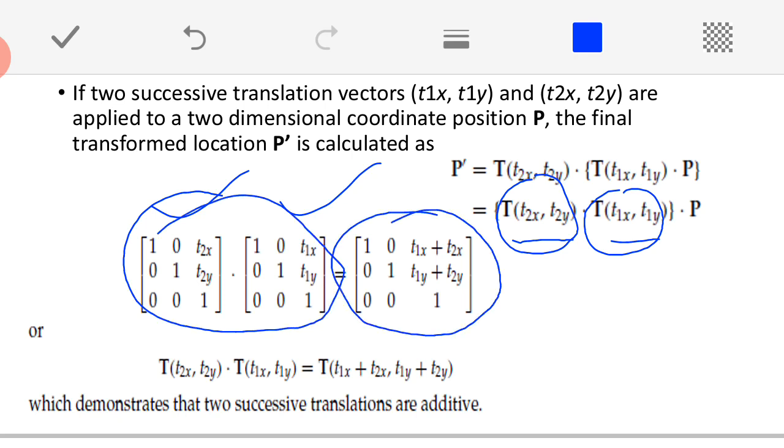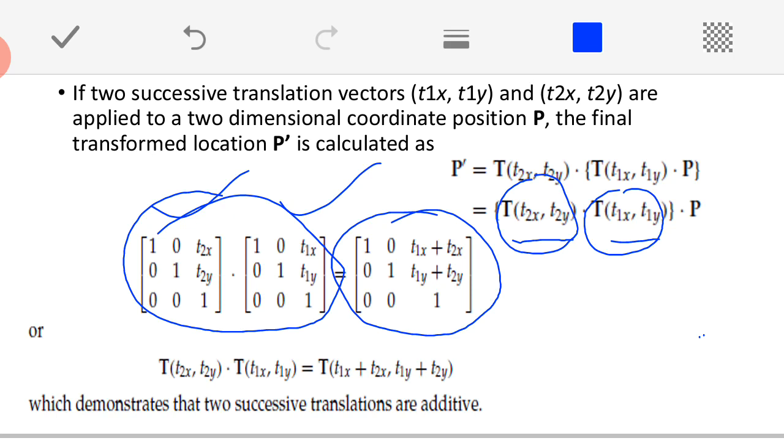This is my resultant matrix. By looking at this resultant matrix, you can observe especially this third column. So, what is happening in the resultant matrix here? Whenever I want to perform two different transformations with two different translation factors, when the successive translation takes place, it is nothing but an adding of those translation factors. We can conclude that by looking at this.